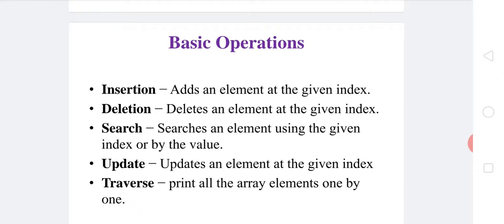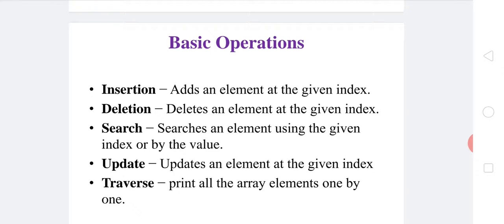The second operation is deletion, which deletes an element at the given index. Deletion refers to removing an existing element from the array and reorganizing the elements of the array. The next operation is the search operation, which searches for an element using the given index or by the value.